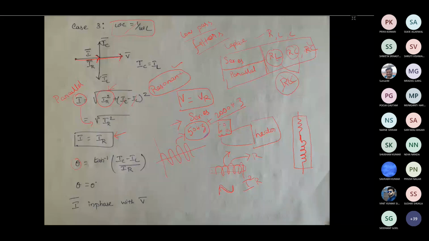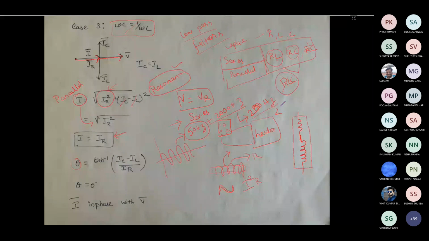Whereas the high pass filter allows only the high frequency signals. Suppose you want to see only signals less than 200 hertz; then you can design a low pass filter which allows only up to 200 hertz. Similarly, you can design a high pass filter which will not allow any frequency less than 2000 hertz. Above 2000 hertz, whatever frequency is there, if you want to see it, you can go for a high pass filter, which allows only high frequency signals.